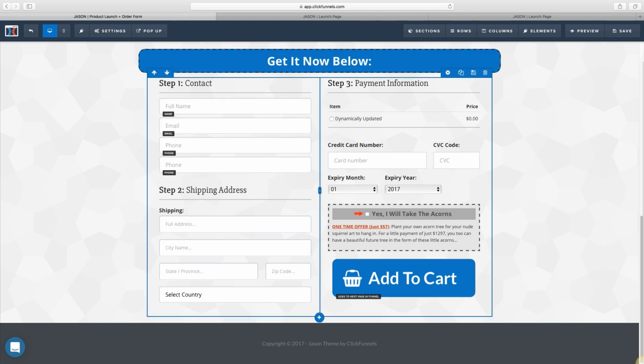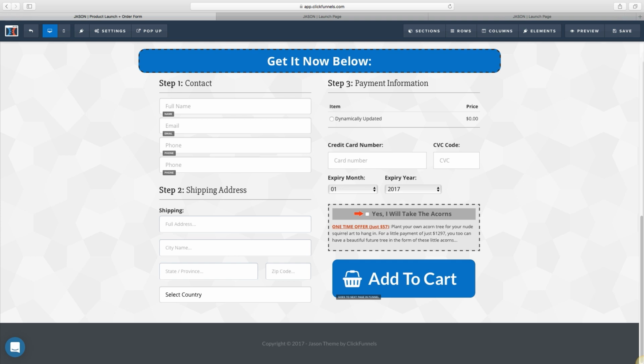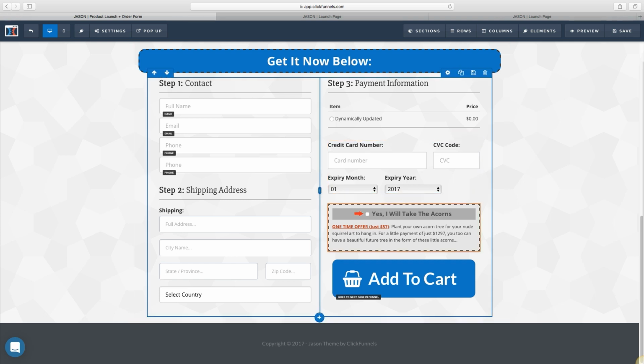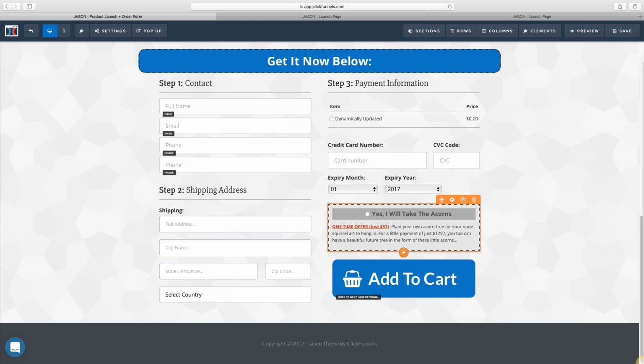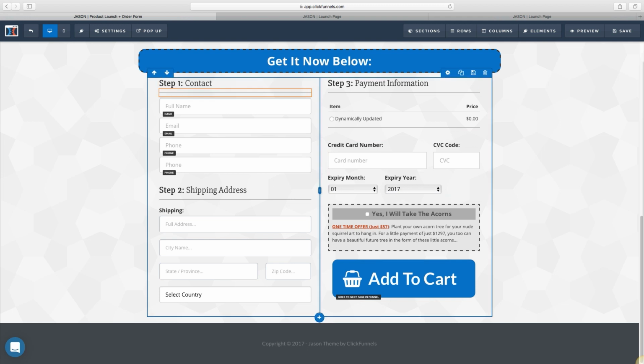So you would have a payment form here. You can either have all of this, right, with an upgrade, etc., which again, all of these forms are already built for you. Of course, they're obviously proven to convert because this is the exact same upsell box that we saw when we were signing up for Clickfunnels. So if they use it for their own platforms, it means it works really, really well. So you've got here, for a little payment of just $1,297, you can remember, etc. So yeah, you can either have this